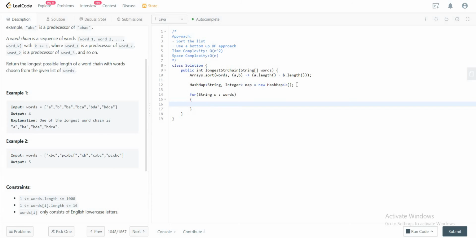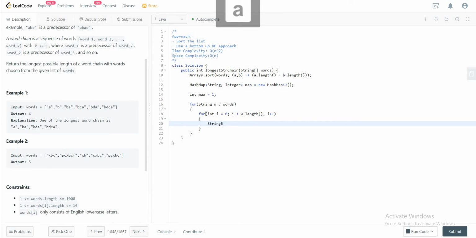Next up, let's have a variable called max that would store the answer. Max is actually 1, since any given string in that could be used. So the max would be 1, and then what do we have next? So for int i equals 0, i less than w.length, increment i. So let's get a string builder ready. So StringBuilder sb equals new StringBuilder